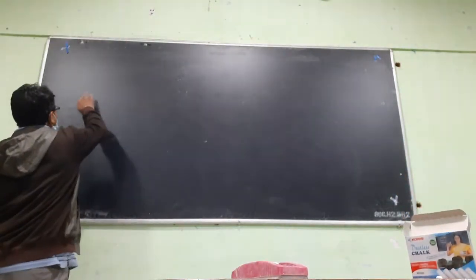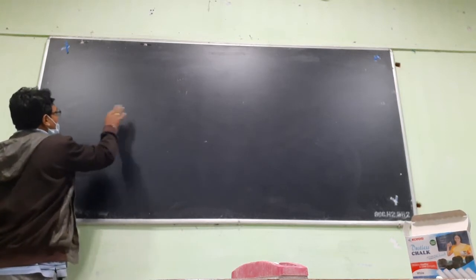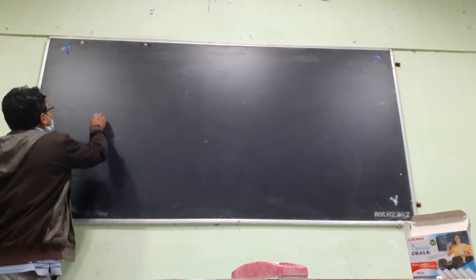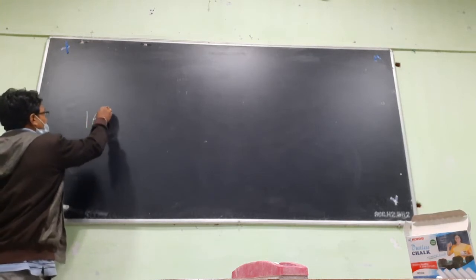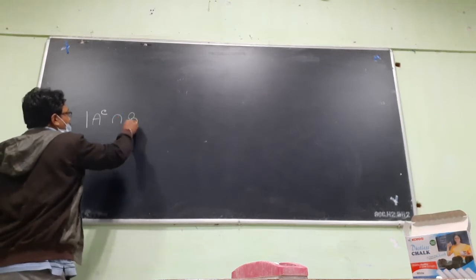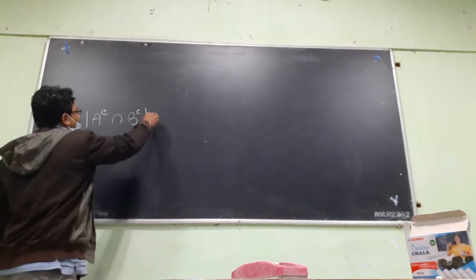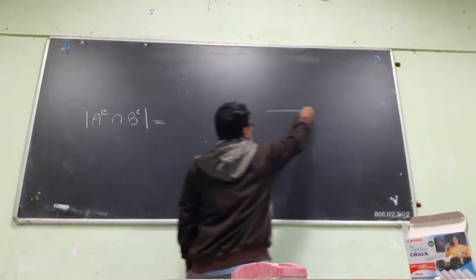So sometimes the very simple things also become quite complicated. What I was saying is, let us just start with this: the number of elements of A complement intersection B complement. So what will this be? If you look at the Venn diagram,